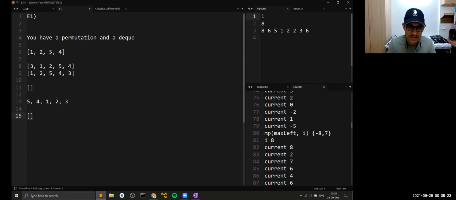Right. So let's say for this example, if I insert 5 here, then if I insert 4 here, then I insert 1 here, 2 here, and a 3 here. So this is one of the ways of inserting elements into it, and it turns out that this is also the minimum, in terms of lexicographical order. Right. So is the question clear to all of you, or do you guys want me to explain it further? Because then I think we can just jump into the solution. Yeah, clear.